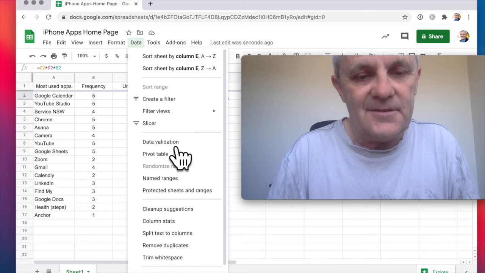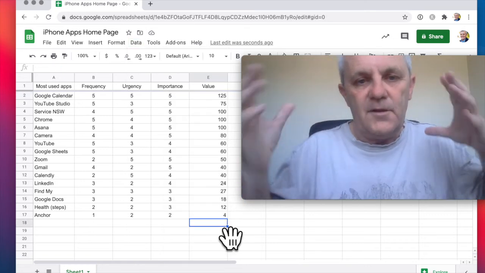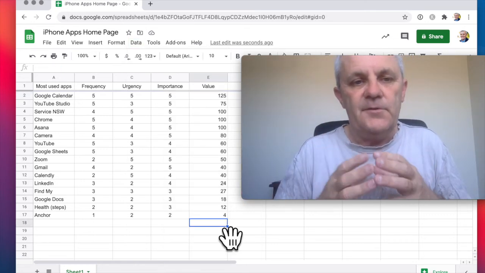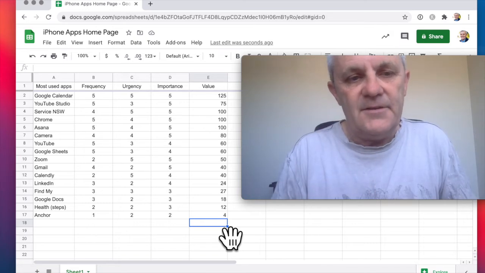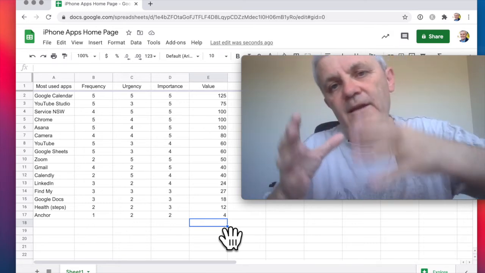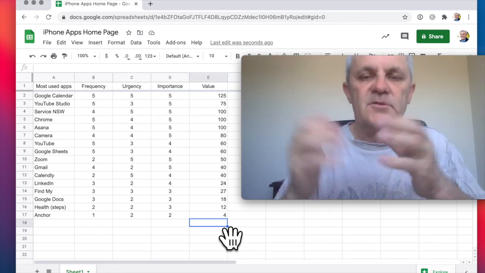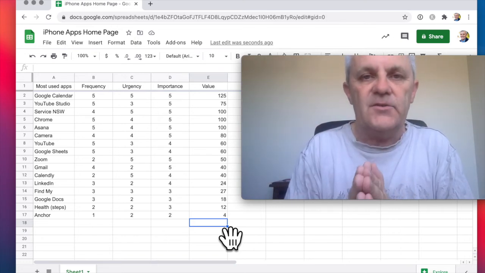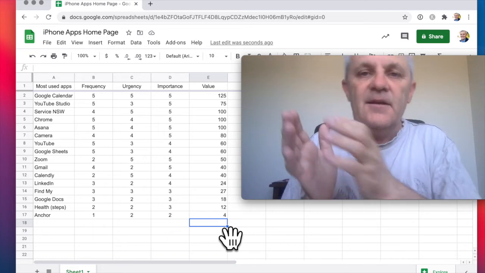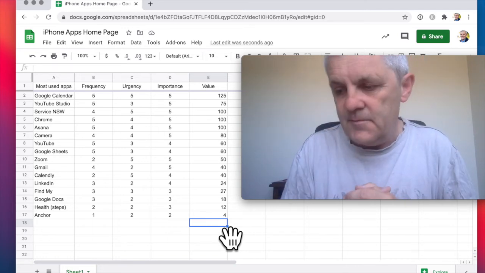I just sorted those. Now this might be all a little bit too complex for you, but the idea here is that I worked out, where do I want to be focusing my time? What do I want to make most convenient and most easy to access? And that's what's going onto my home screen.